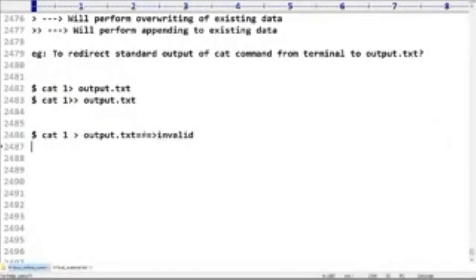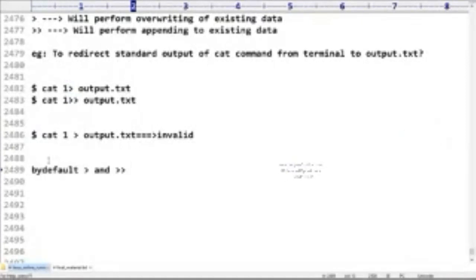Second one, take very special care. Which symbols? Greater than and double greater than. We can perform output redirection by using greater than and double greater than.